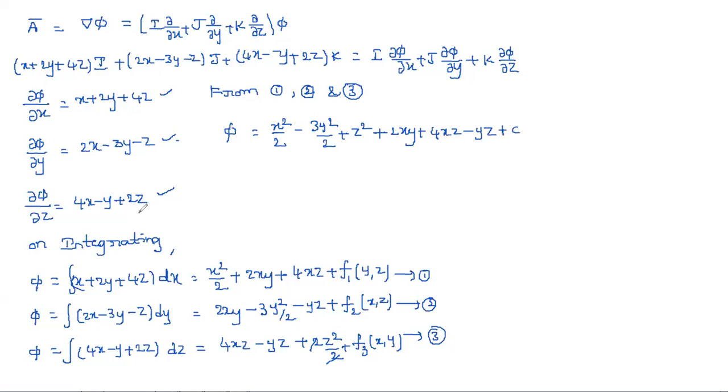This is the scalar potential function phi. So the square terms I wrote, as well as the common terms: here 2xy and here also 2xy, only 2xy you need to write; and 4xz, 4xz, I wrote 4xz; and next minus yz, minus yz, I wrote minus yz. Okay, now, is this right or wrong? How can you say that? I wrote phi, whether it is right or wrong, how can you say this?